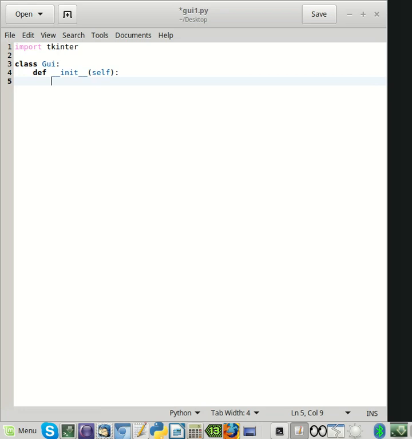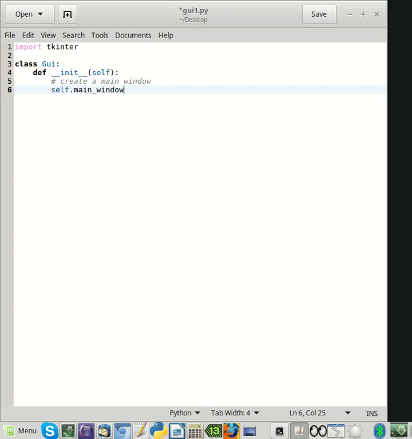If you don't know what the init method is, it's a special method, a special function which calls itself at the beginning of the class, and you don't need to call it. It's referring to the object itself. And now we create a main window,